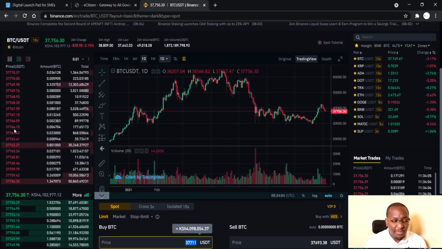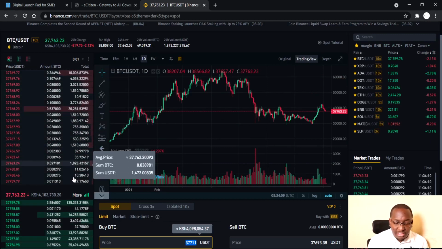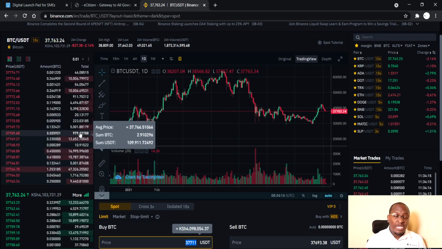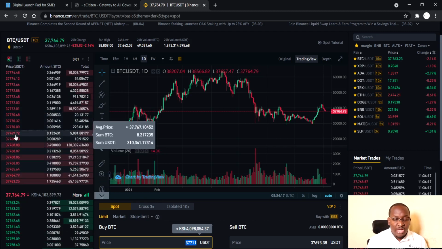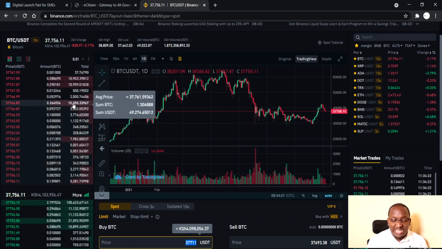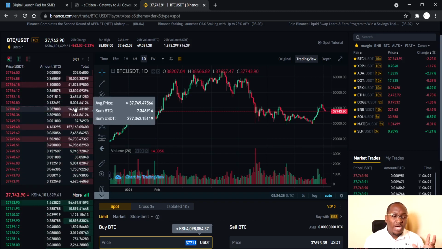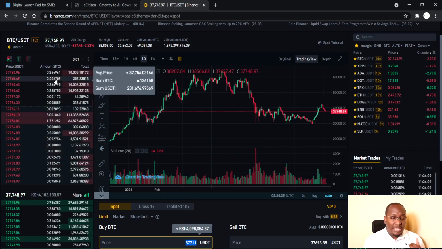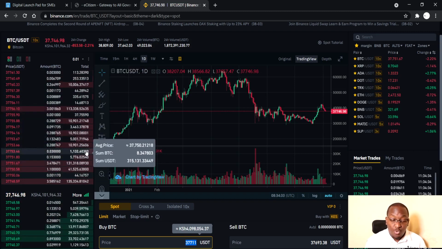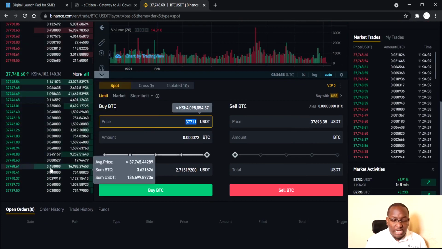So what happens is, if you look at this order book and you look at the total, these are the total number of people who are willing to sell, if it is in red, at this particular amount. So say 0.93 or 0.72, these are the total amount of Bitcoin that people have placed, shown here in the middle, and the total number of USDT that people are willing to buy at that particular point. Then here it also shows you the same.